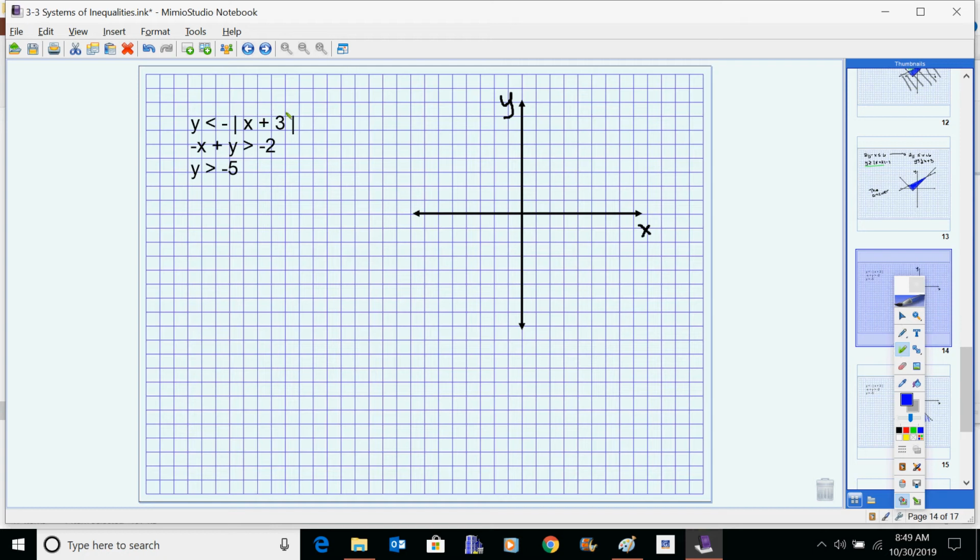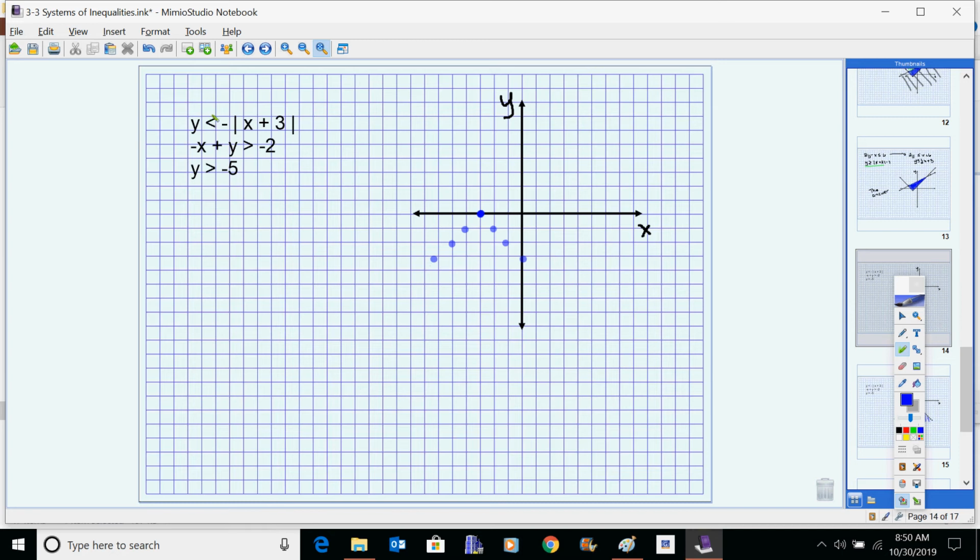absolute value. And we have a +3 in here. So where's our vertex going to be? -3, good. -3, 0. What's this negative do for it? Good. It makes it flip upside down. So you still have your absolute value function, but it's an upside down absolute value function. And once that gets drawn in,